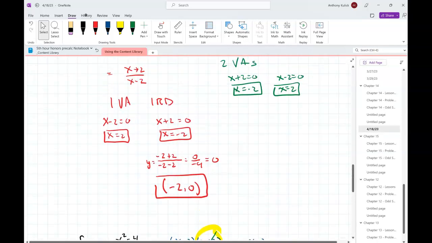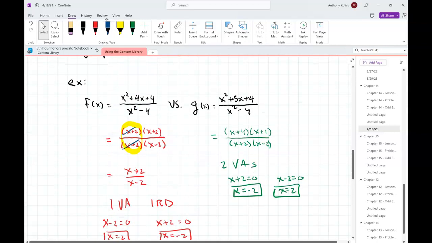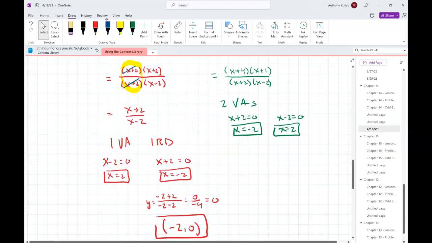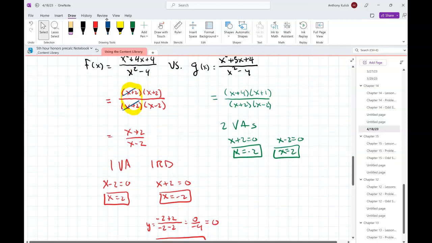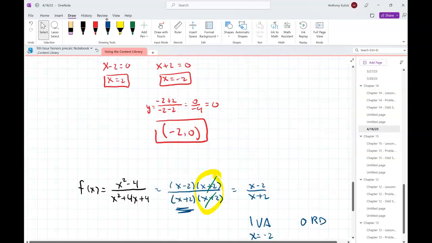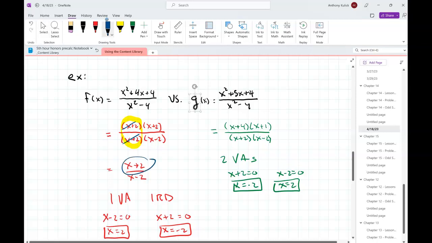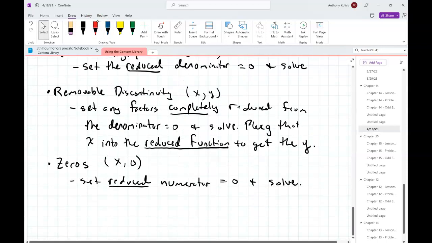As we saw in this previous example, had you done, well, I guess this one would have been fine. Well, no, it's not. I guess there's a little bit more to it than that, right? Because if I take this and set this equal to 0, I end up getting the removable discontinuity. So maybe we just say, and also check against